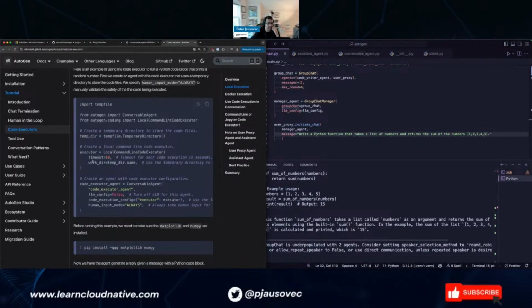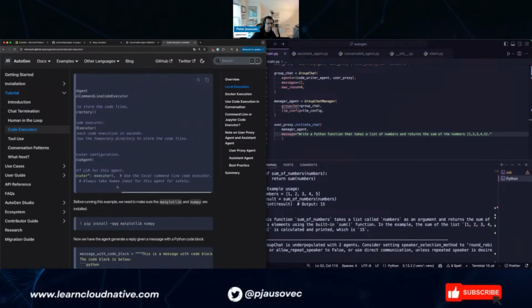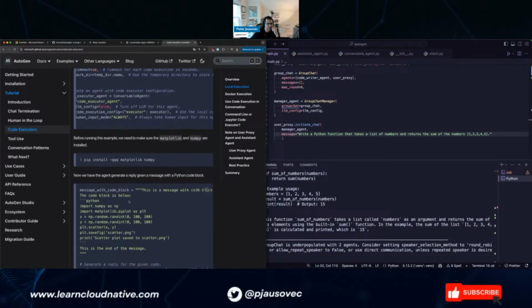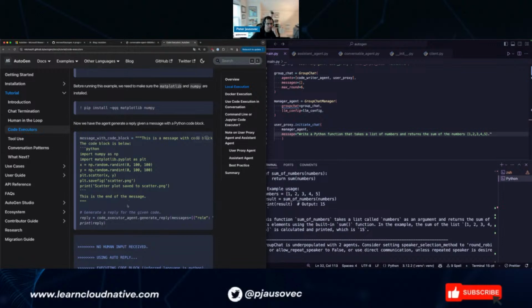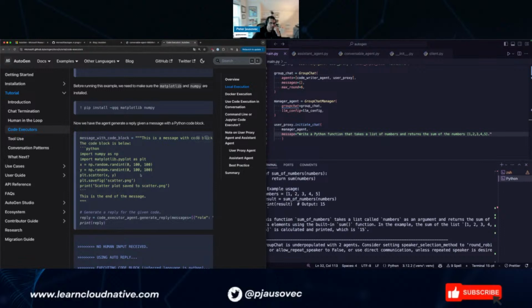Print a random number. Temporary folder. Always take the input. Okay, this is just calling it directly and saying do this, right? Just sending it a code block.